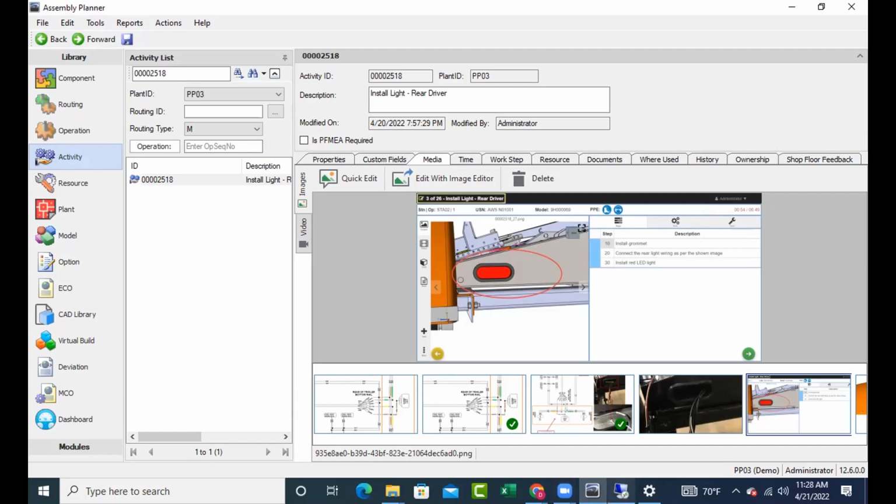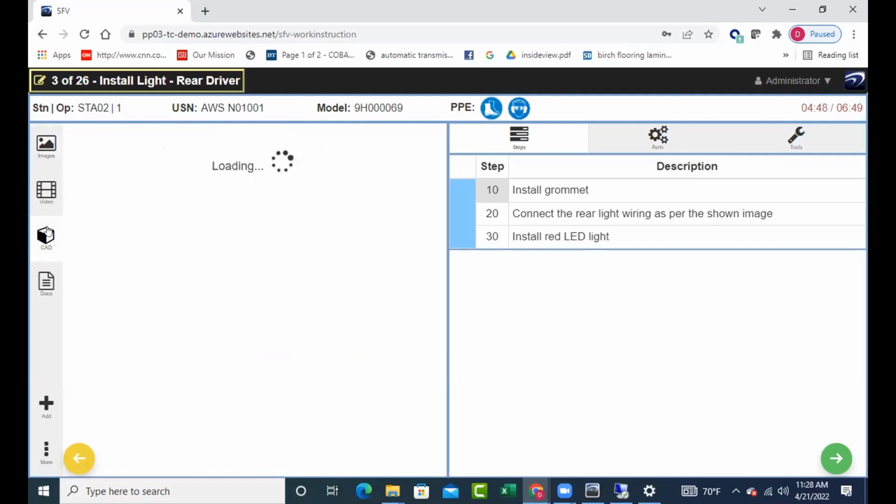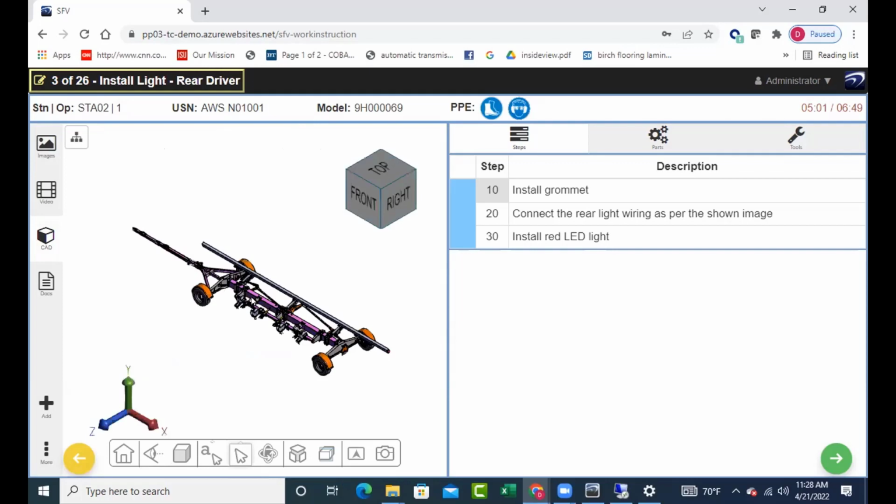The other thing that I wanted to show, I don't know if you guys had a chance to look at it, is it's not only the static image that's published out there. I could go and do this on the CAD file. And I don't know how my phone's going to behave with the CAD file, but let's see if it loads up. Come on. All right, there it is.